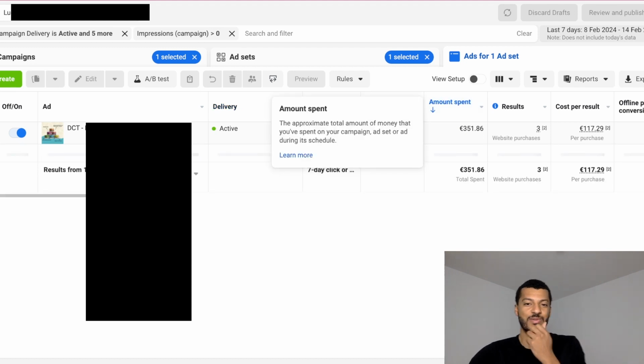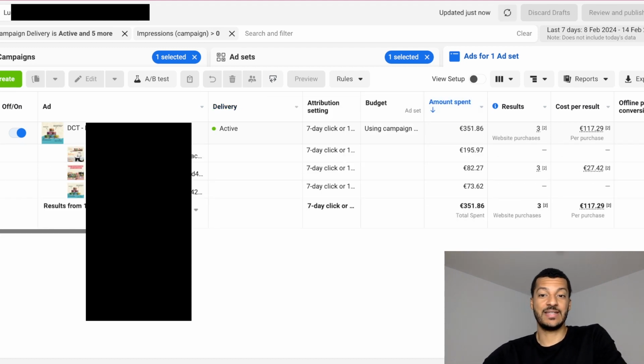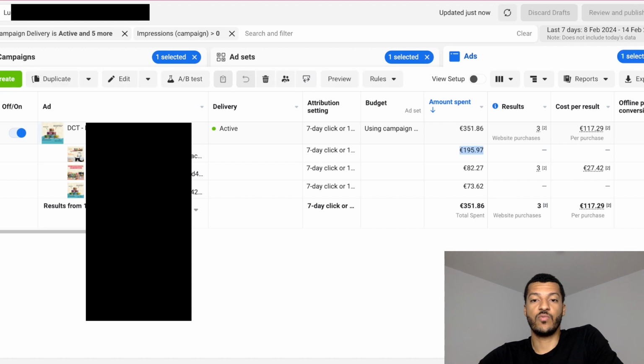That's what I tell my students all the time, to see the highest impact creative. So here you can see you have 3 different creatives in there, and one is taking up way more spend than the other ones, but we have one that actually has the best cost per result. So instead of turning off the whole ad set, we will take this ad creative